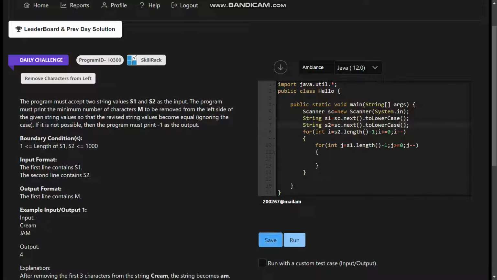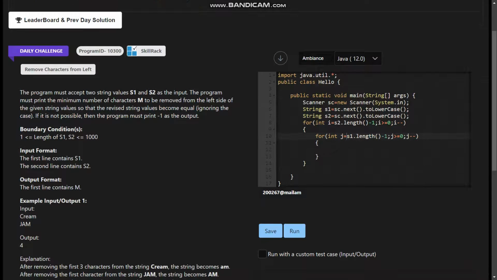I'm just taking both inputs into lower case because it is case insensitive. We have to ignore the case. So we are just doing these kinds of steps. Okay, why can't we use a character array? Because it's like okay, if